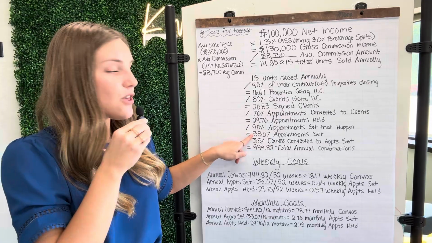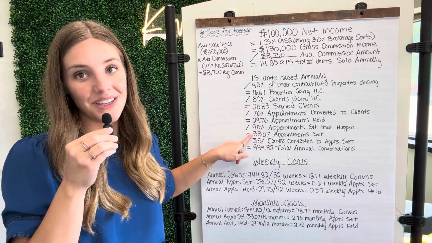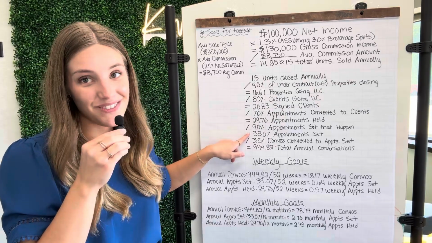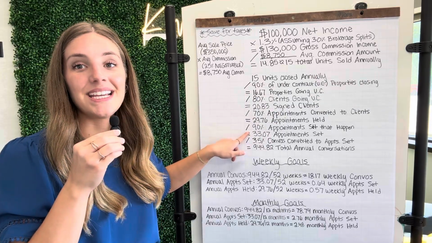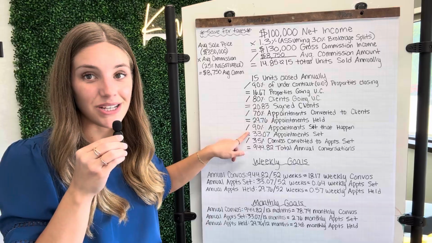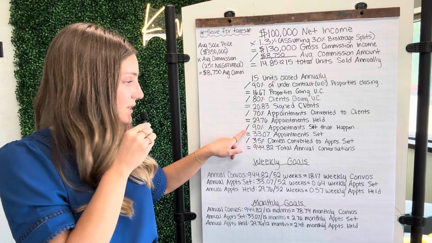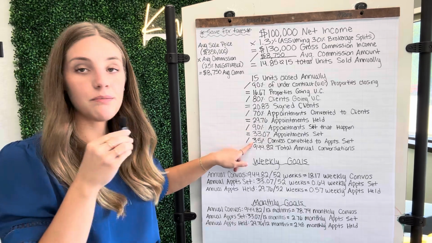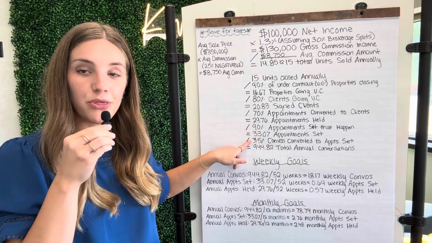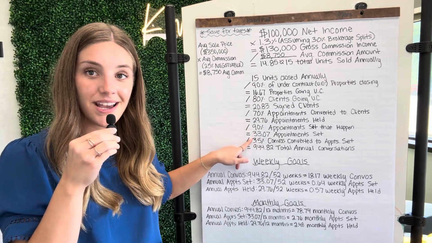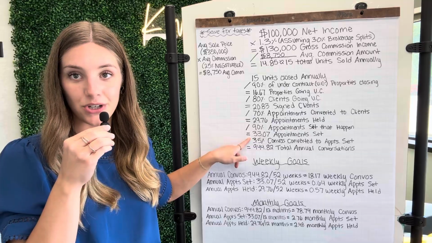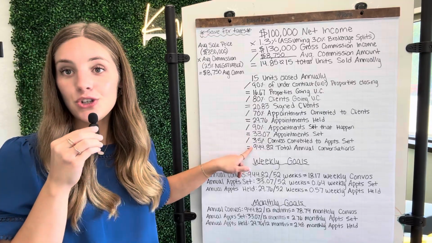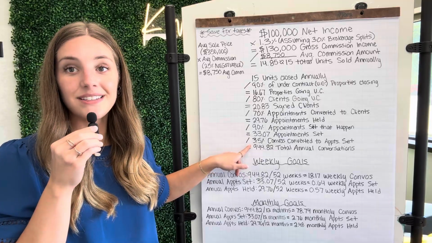And that gives us 33.07 appointments that you need to set. Now, the last conversion rate that we use is how many conversations turn into appointments set. So we're going to take our 33.07 and divide it by the industry standard of about 3.5% of the conversations we have that turn into appointments set, which means that annually, to reach our income goal, we need to have